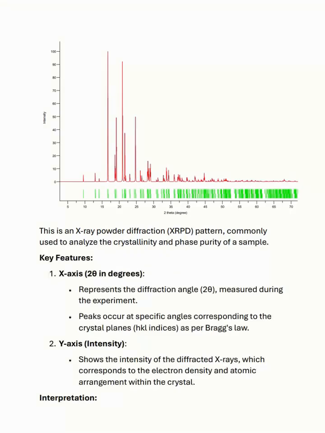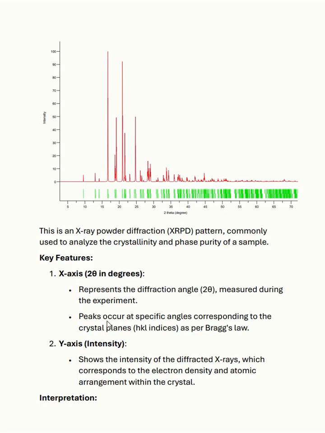Task 3 is that we need to get the powder XRD diffraction pattern diagram. So first we make the powder of the crystal so that we can get the powder XRD. Here on the x-axis is 2 theta. 2 theta represents the diffraction angle which is measured in the experiment, and these various peaks are observed at various specific angles,